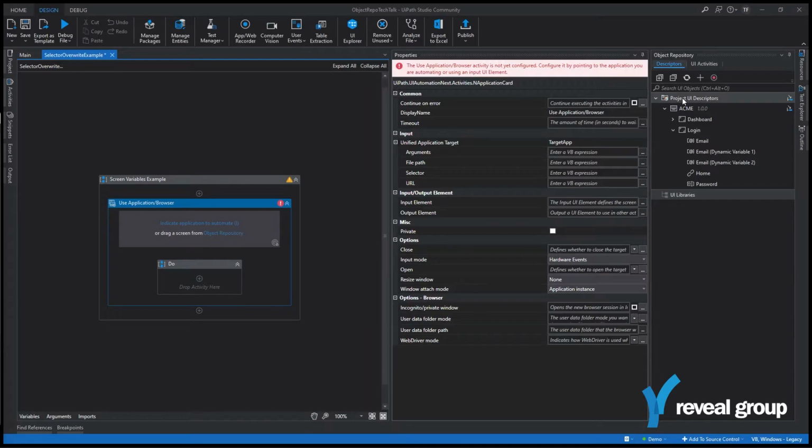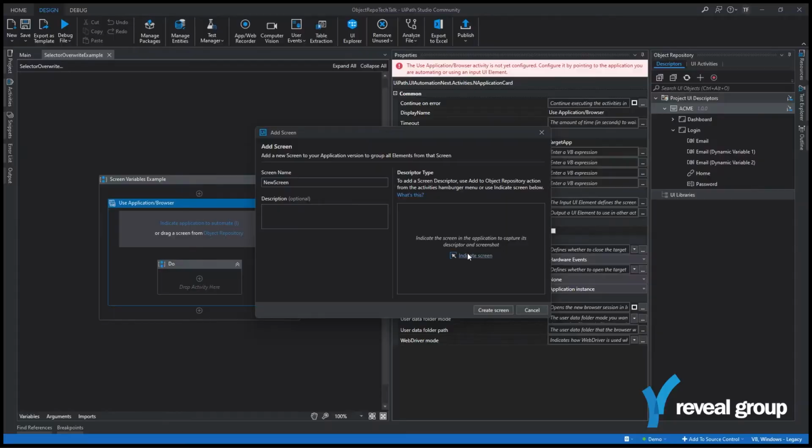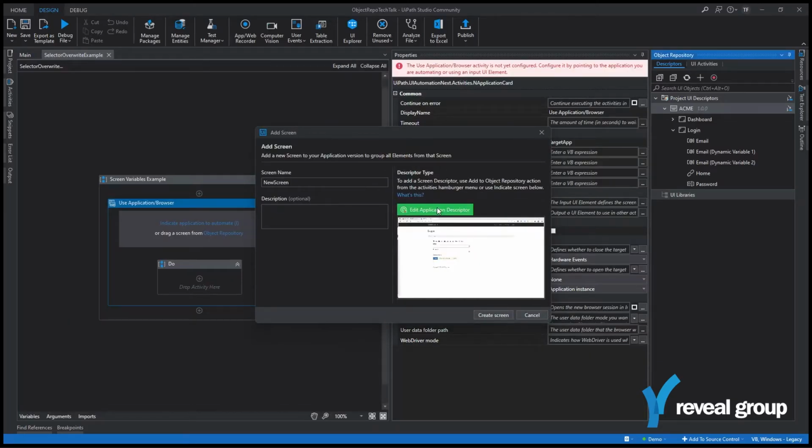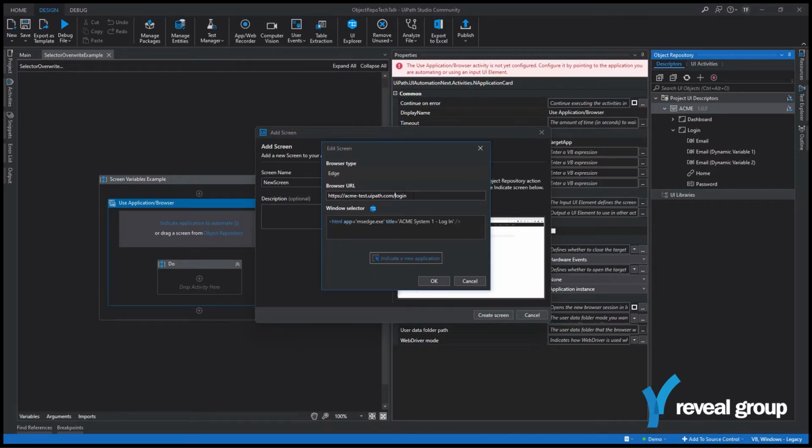The more difficult one is for screens, and URLs more specifically. You can't actually create a screen in the same way that you create a selector and parameterize it, because it won't let you do it. Unfortunately, if you create a screen, the URL itself is in plain text. It's not in selector format, and it's not in a UiPath string. It's just plain text. So if you add a variable in there, it won't work. It will essentially just assume that your URL contains plus variable one plus in it,